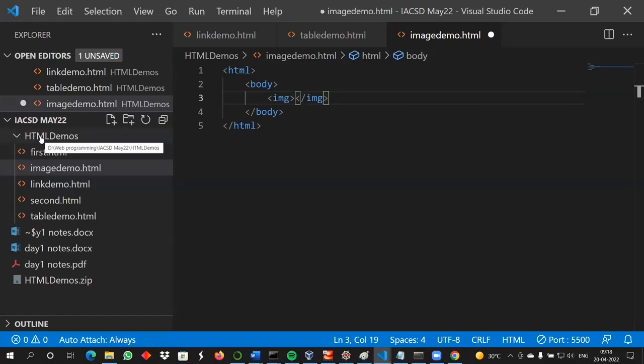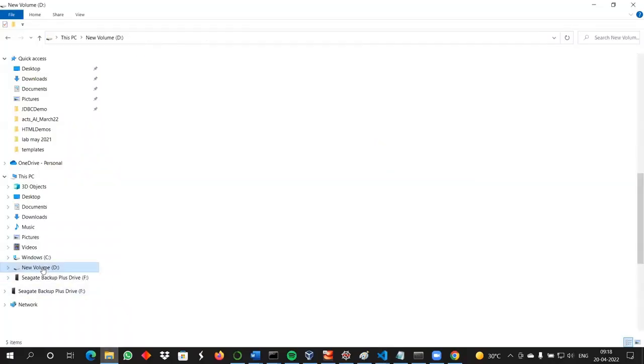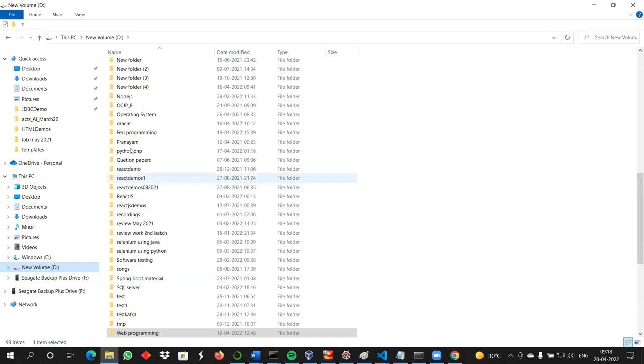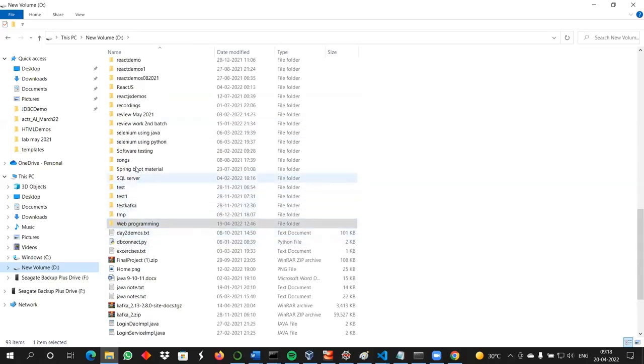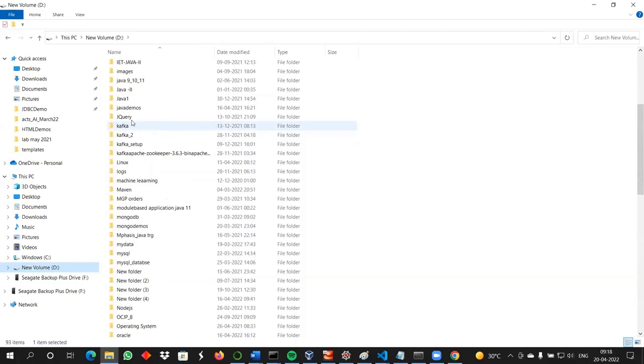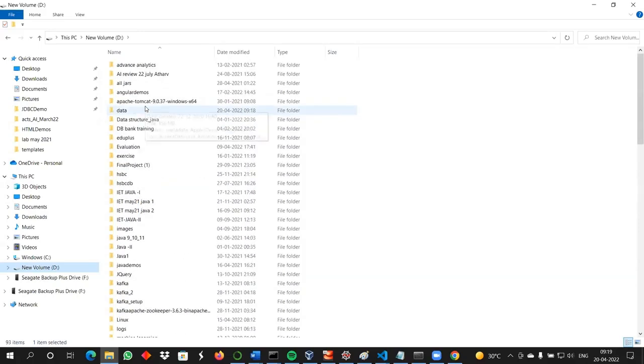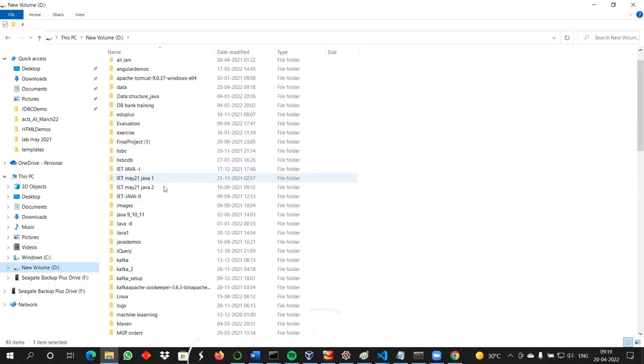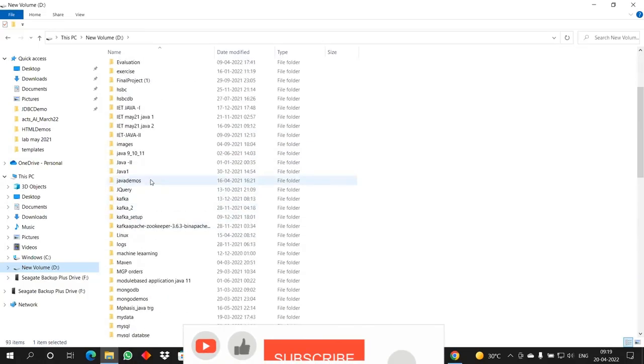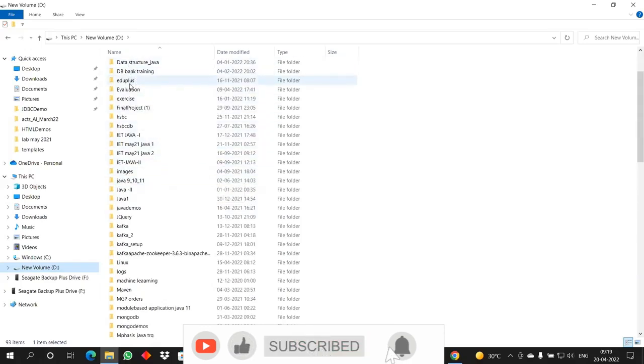And that is why if you want to use the images, that image folder should be inside this folder if you want to use it in these files, right? It cannot be anywhere on your machine. So now if you want to use that, we will have to go to the D drive, and on the D drive I have these images. So this D drive images folder is outside the scope of that HTML demos, and hence whenever you are going to use images in your application,